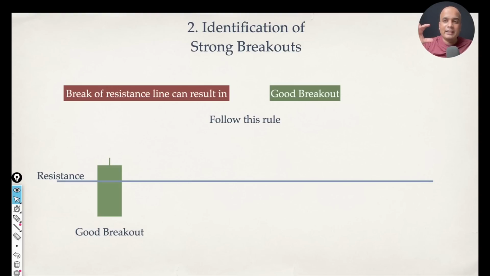The bigger the buying candle, the bigger the breakout candle, and the smaller the selling wick on the breakout candle, those are the signs of a good breakout. And if the price breaks the resistance trend line with a small candle, or if there is a big selling wick on the breakout candle, that indicates a false breakout. A selling wick indicates the presence of selling. Sellers are very strong in that particular candle. In this case, it is more than 60-70% selling. So whenever you get this at a resistance trend line, there is a high possibility of a false breakout.